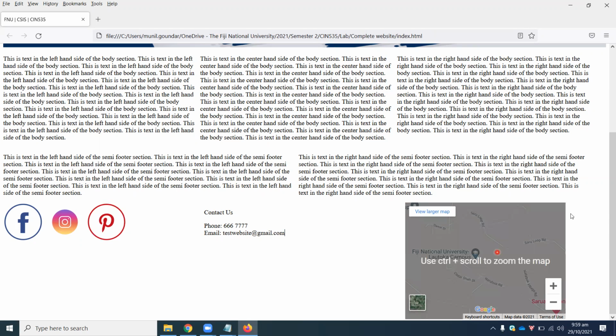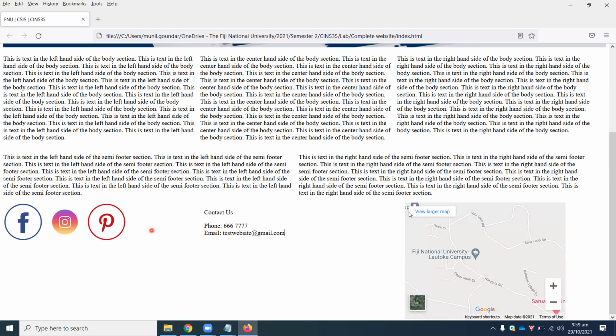The size of the map, at the moment, looks good. If you make it too small, it will be too difficult to control it. Okay, it will be too difficult to make it visible. Okay, so that looks pretty well so far. Now, one more thing, let's go and center this up. How can you center it up? So to center up the images